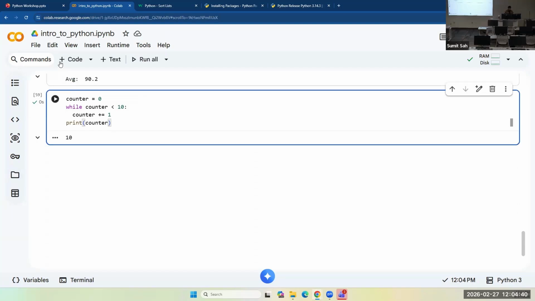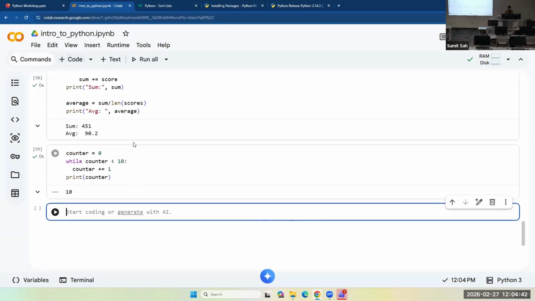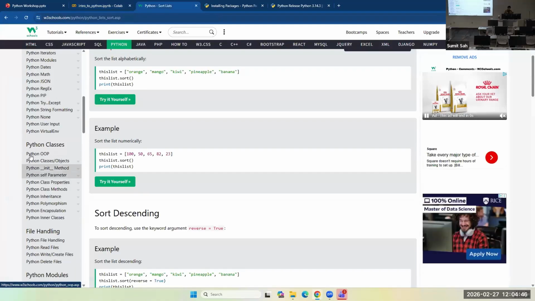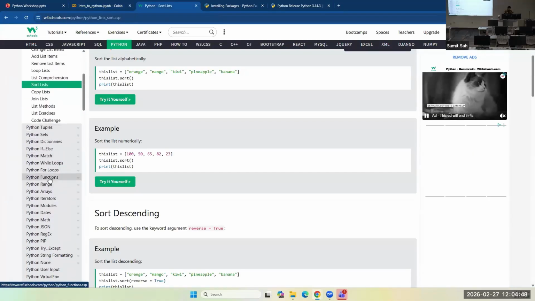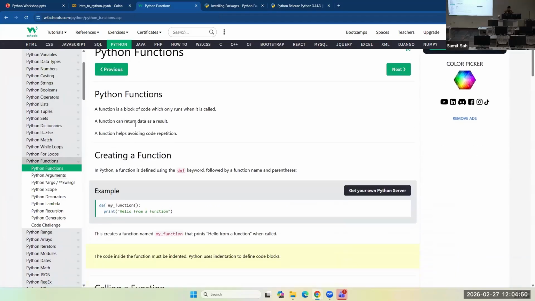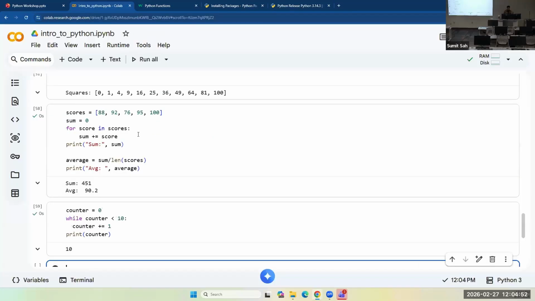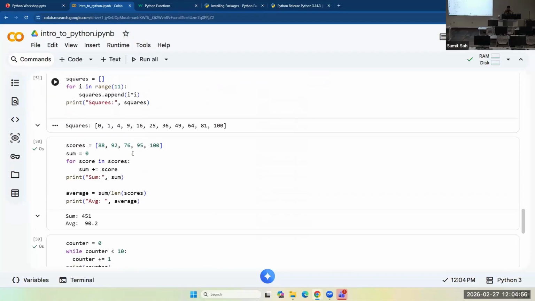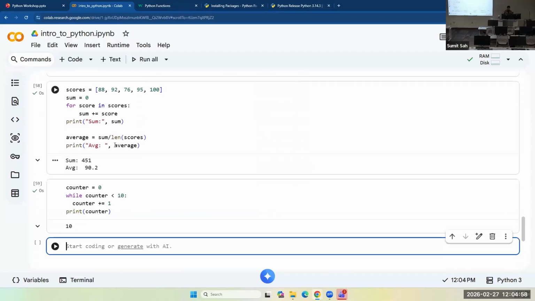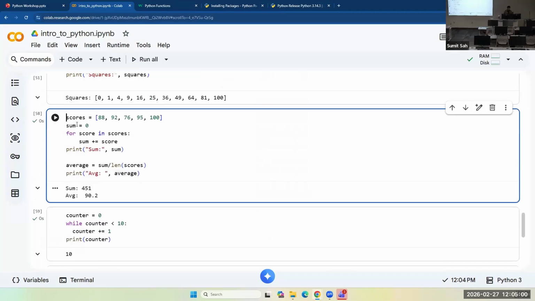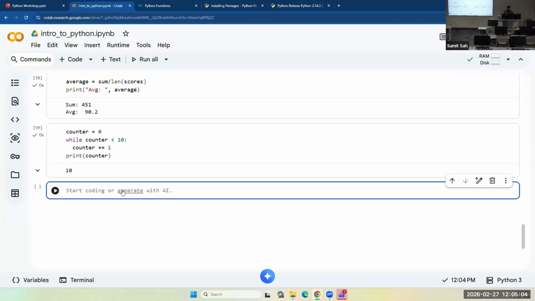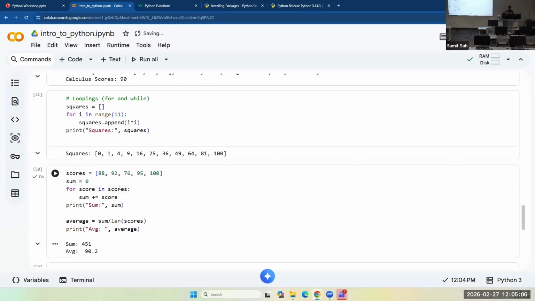And you can also define functions in Python. What are functions? Functions are basically a block of code. Let's say for example I have this code, right? I want a function that will take scores as an input and then return me an average.